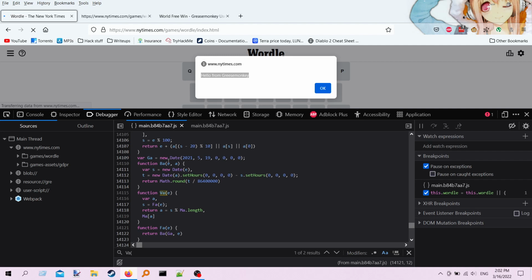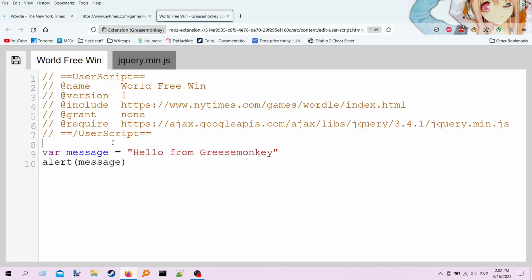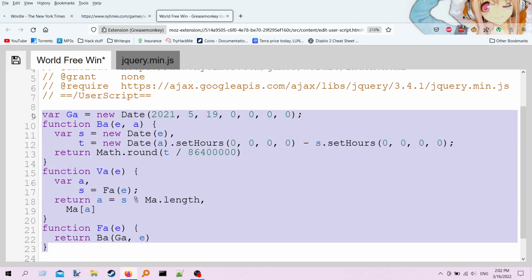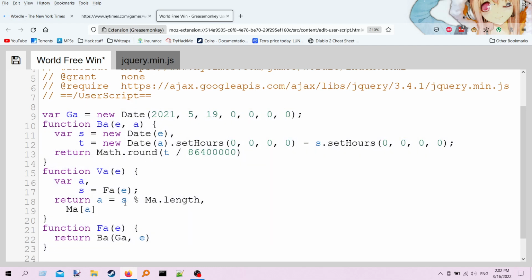Even though this junk is all obfuscated, it looks like all of the functions needed to generate what word is of the day are just these guys right here. So I'm going to copy these in. I'm just going to paste them right here. Okay, so now I think we've got